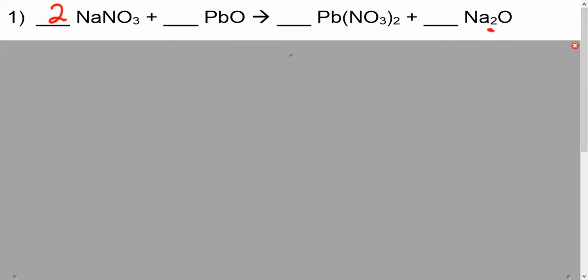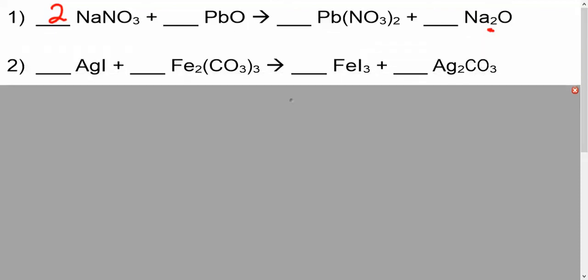Alright, so I'll pick a place to start, and I will start with my carbonate. I have 3 carbonates on the left and only 1 on the right. So I will put a 3 here. That gives me 3 carbonates, but it also gives me 3 times 2 or 6 silvers. So I'm going to have to come over here and put a 6 there to give me 6 silvers on